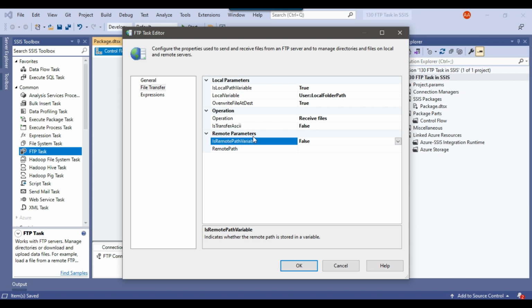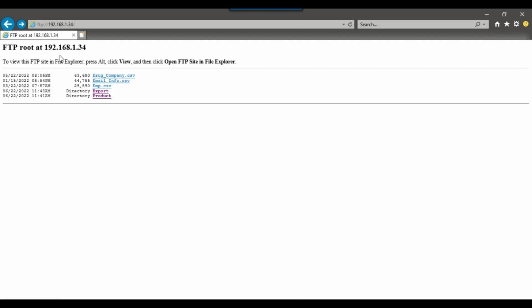Now under remote parameters, I can either provide an SSIS variable that stores the location from where the files will be downloaded, or I can directly give the path here. I want to download the files from the root directory of the FTP server, and I just want to download all the CSV files stored at the root directory.